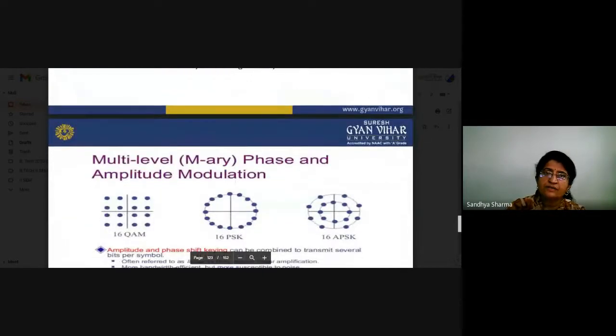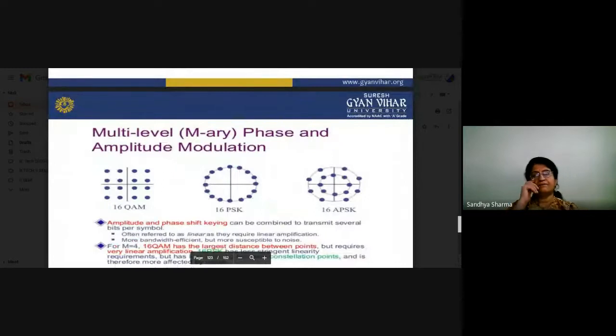Now we will switch a little bit to multi-level phase or amplitude modulation. So there are both things. If you are talking about quadrature amplitude modulation, it is generally defined as a four-level amplitude and phase change, according to the multi-level. If you are talking about amplitude and phase shift keying, that is basically combined features. In QAM, both are combined. ASK and PSK signals are combined for its proper working.